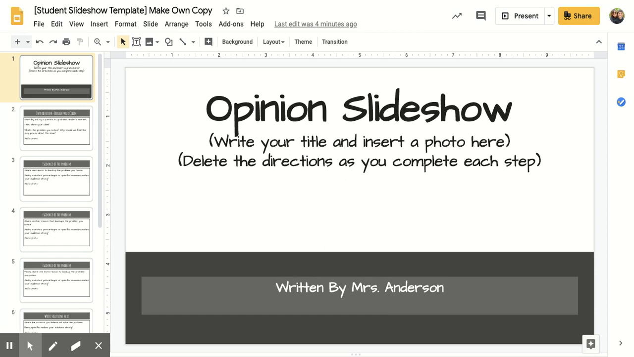If your research is done, you're ready to go to Google Classroom and select Opinion Slideshow, which you'll find in Writer's Workshop, and you'll have your own Google Slideshow template where you'll see the directions for what to do on each slide. If you've done the lessons from last week, we wrote out our research by writing slide 1, slide